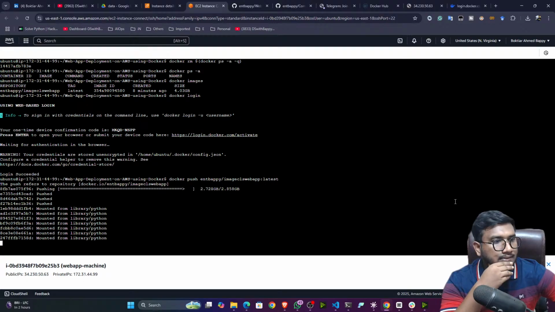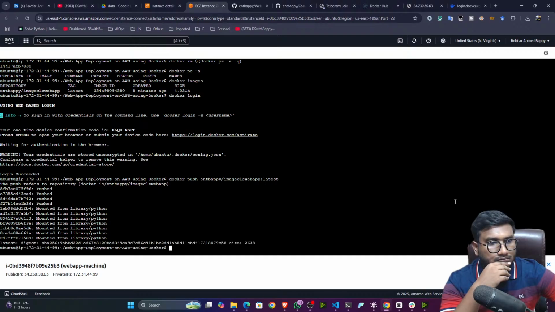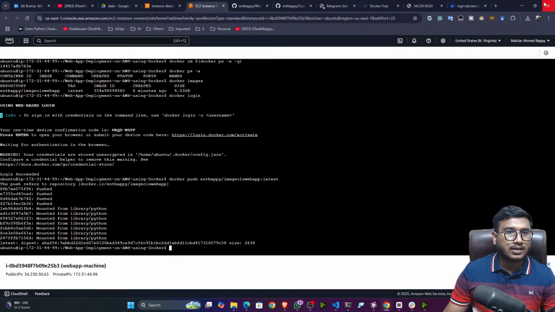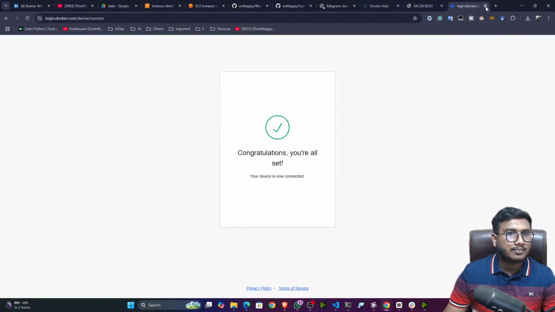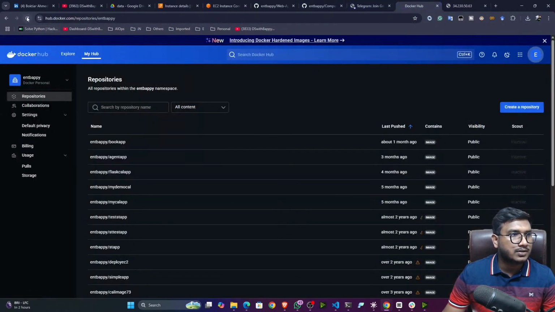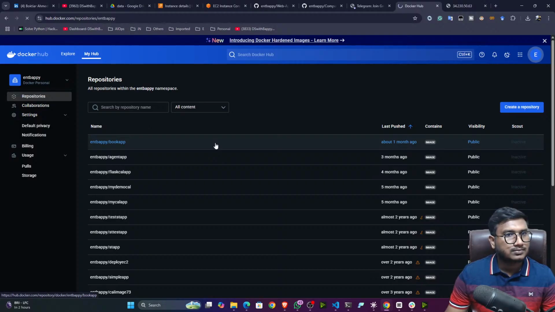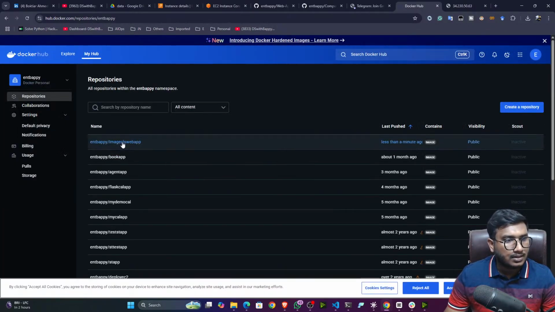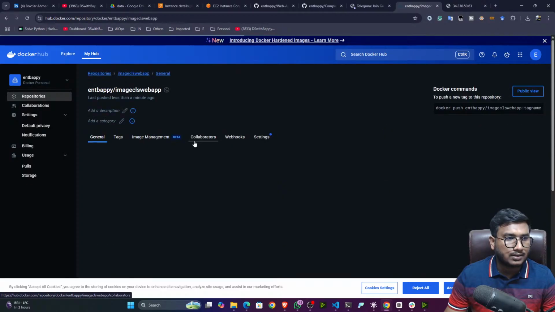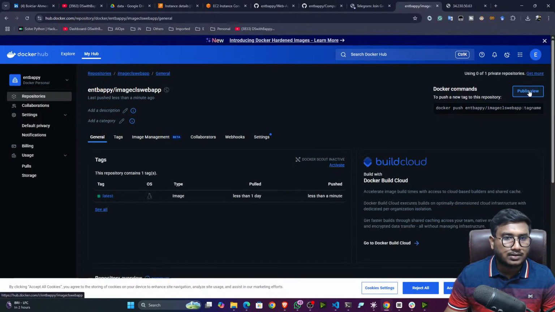Okay, almost done. Okay, so push is done. Okay, now if I go to my Docker Hub, this is my hub. Now if I refresh, so see my image is present, image classification web app. Okay, now if anyone wants to use it, what they have to do, if I click on public view,